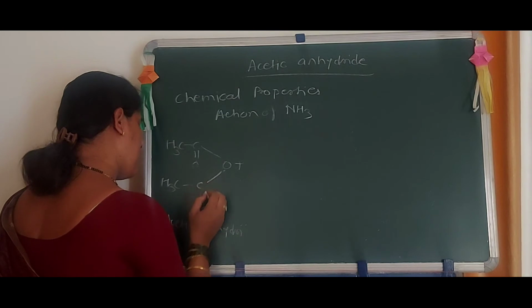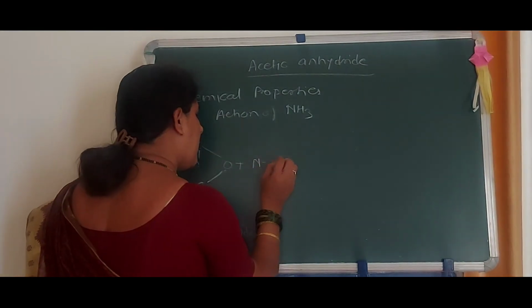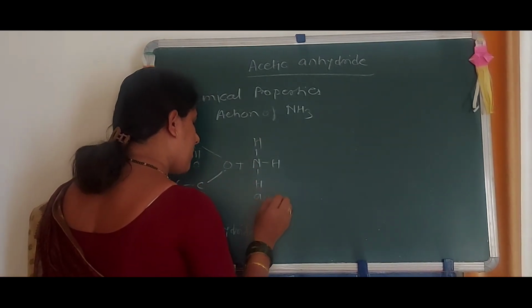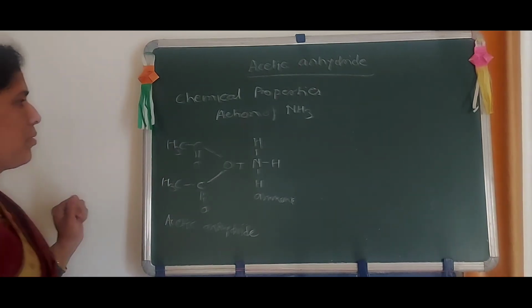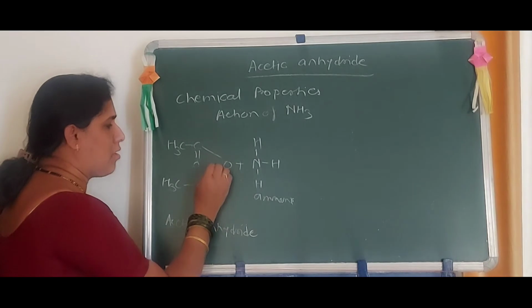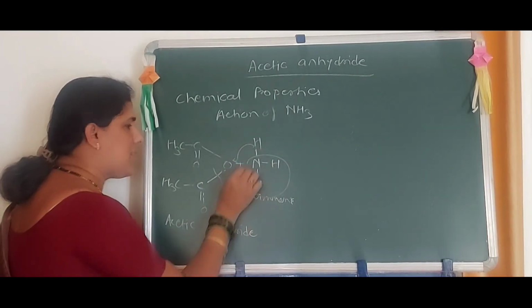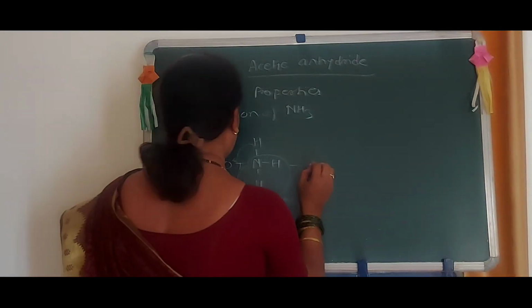Acetic anhydride with NH3, that is ammonia. First, again there is breaking of this bond. This H goes here and this NH2 goes on here. Thus there is formation of